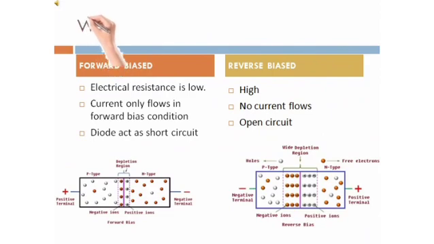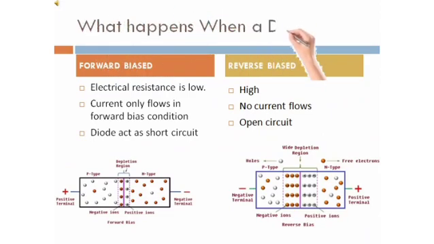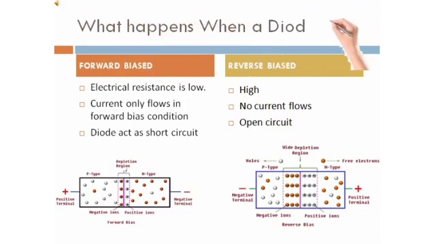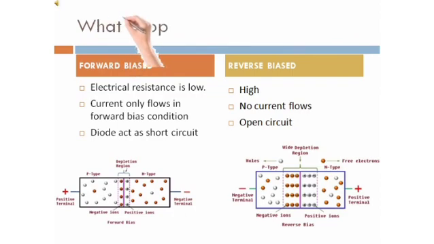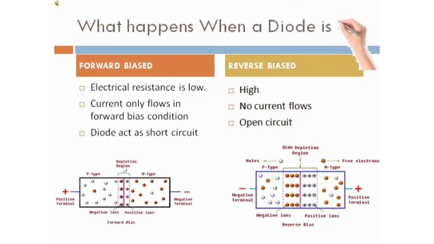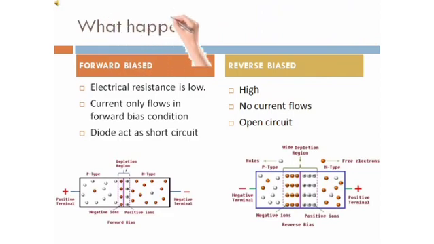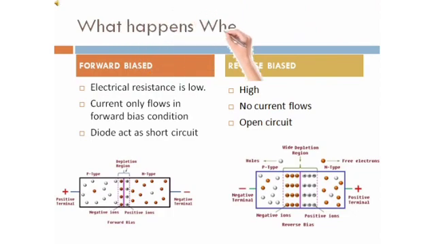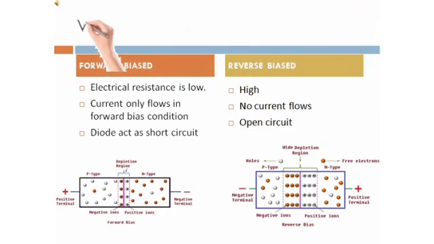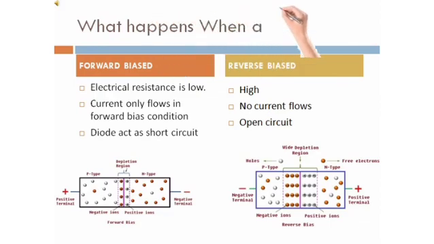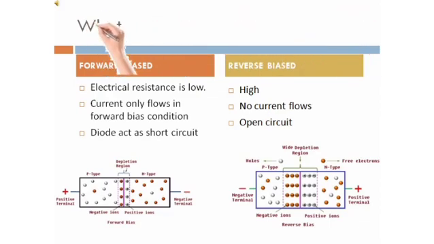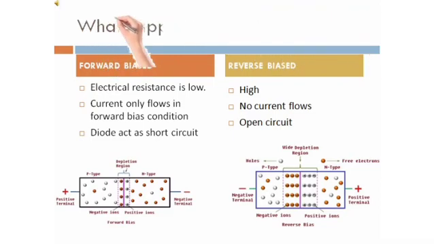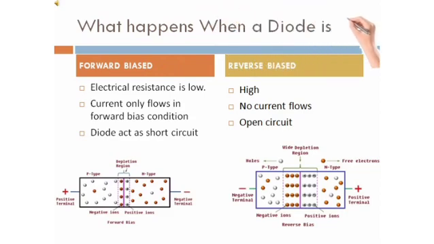What happens when the diode is forward biased? The negative terminal is connected to the N region, which makes the electrons move towards the P region. Similarly, connecting the positive terminal to the P region makes holes move towards the N region. Due to this movement of electrons and holes, neutral atoms are formed. There is a reduction in the barrier potential, which reduces the width of the depletion region, and if we increase the supply voltage, more atoms are converted into neutral atoms and fewer charged atoms are available in the region.